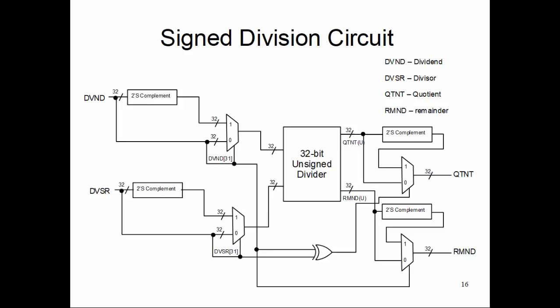So we need to deploy a 2's complement circuit. We are not showing what is inside it. It was already discussed in the multiplication, when we discussed signed multiplication. So we deploy the 2's complement and convert the dividend and divisor from their signed value representation to their absolute value, like a positive if it is a negative, right? And then feed it into the unsigned divider,